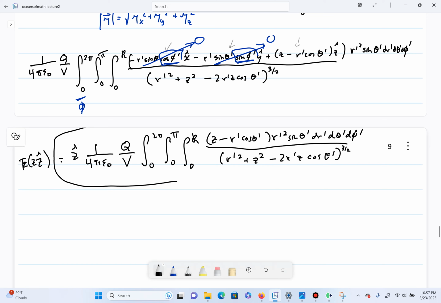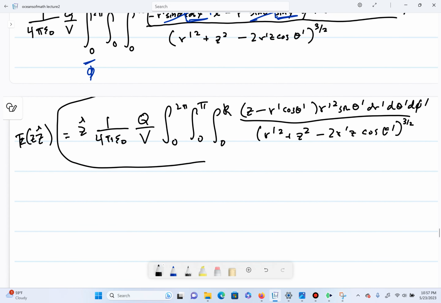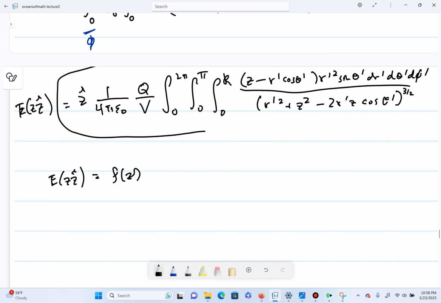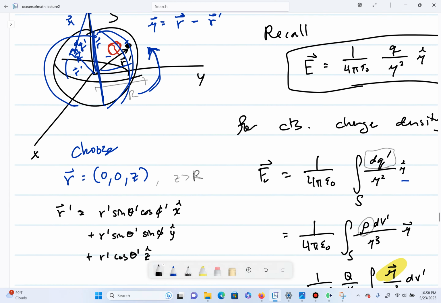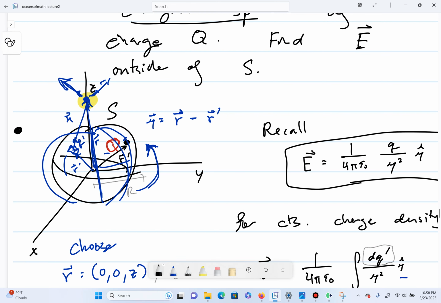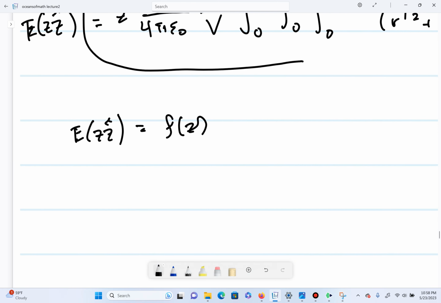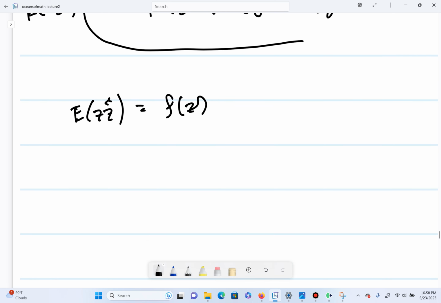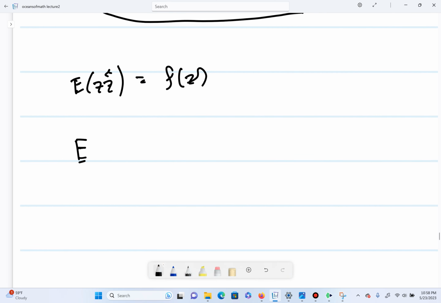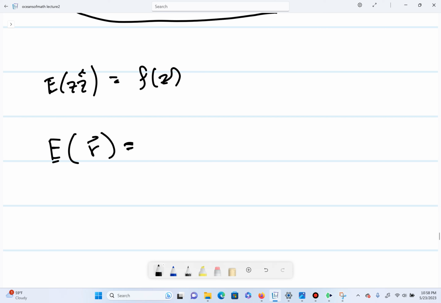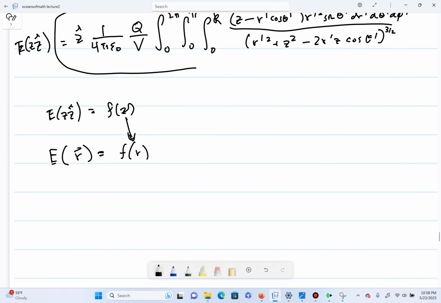And now, due to radial symmetry, any z dependence here, I can just write as E of z hat, say I get this as a function of z, okay? Then basically I can rotate the sphere such that the z-axis is really just any point out in space, and I've just centered the vertical axis to be at that point. So I know that E at any point r is just a function of the radius, f of r, where I've just plugged in the radius instead of z here. Okay, so